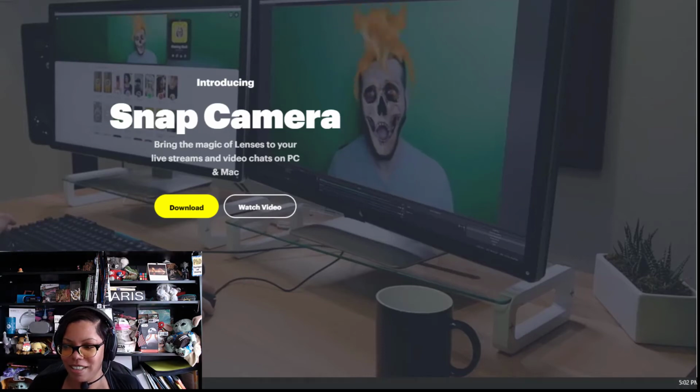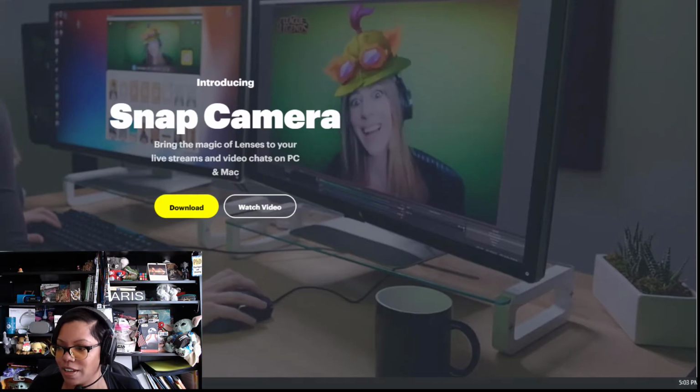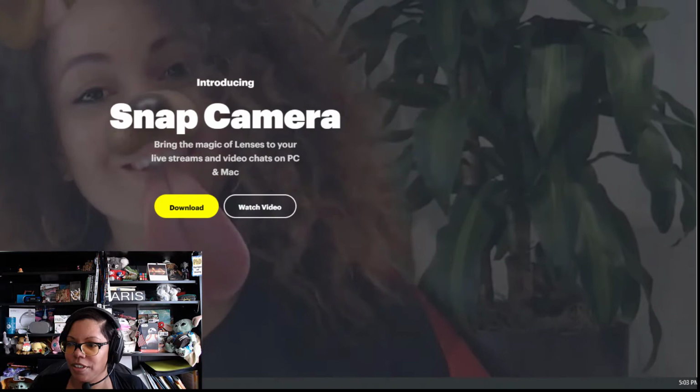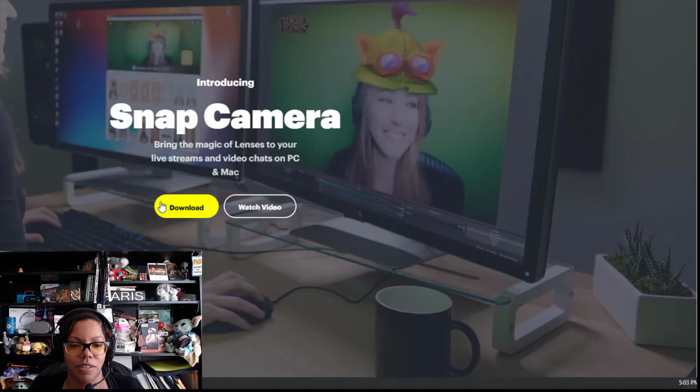Snap Camera so that you can have this really nifty version of yourself that I'll show you here in a second. Then first, what you're going to do is install the Snap Camera app. Download and install the Snap Camera app. So download here,